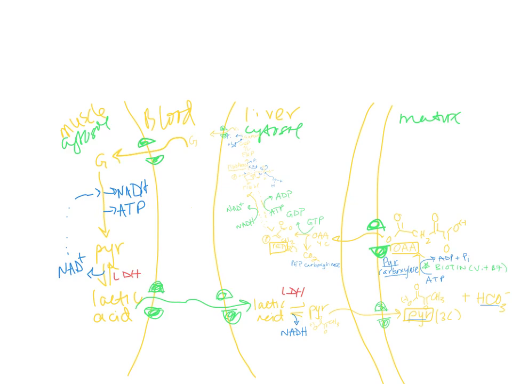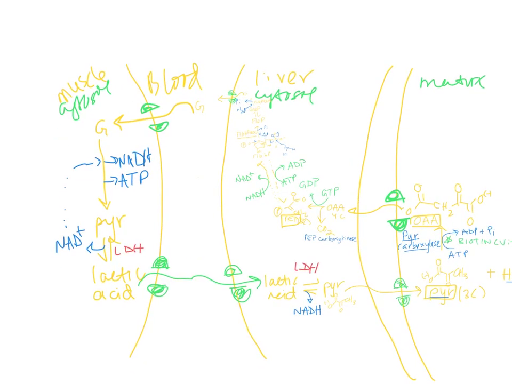Okay, so there's a whole bunch of things going on here, but the first one that I want to point out is what's called the Cori cycle. Okay, the Cori cycle, there's really no good place to say where it starts or ends because it's a cycle,